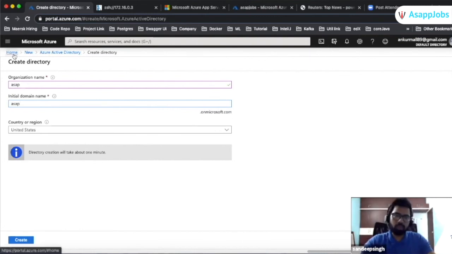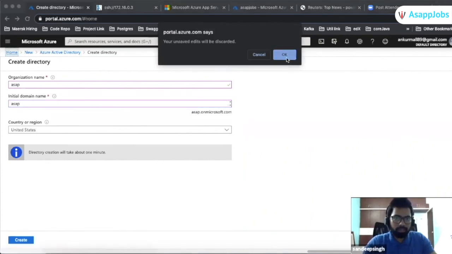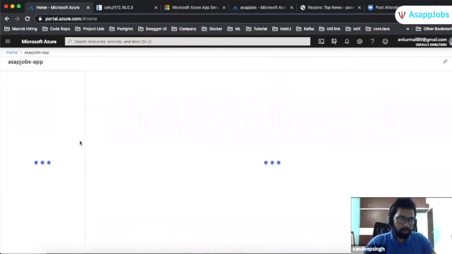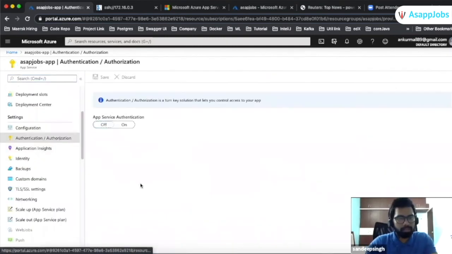This is how you can create the Active Directory, and whenever you are trying to do authentication and authorization for your web application or mobile application, you will just have to configure it. Let me show it here. Let's go there, SAP jobs. There is one option here, authentication and authorization. As of now it is off.